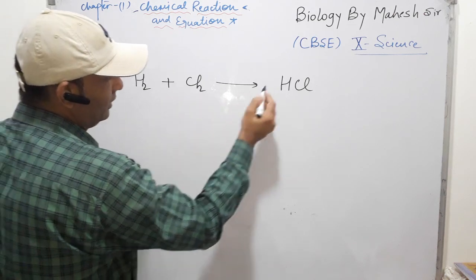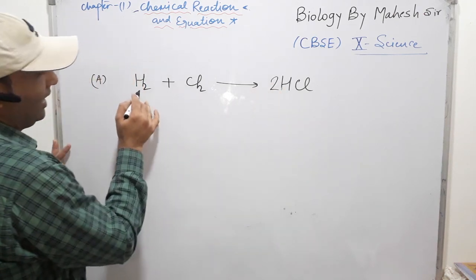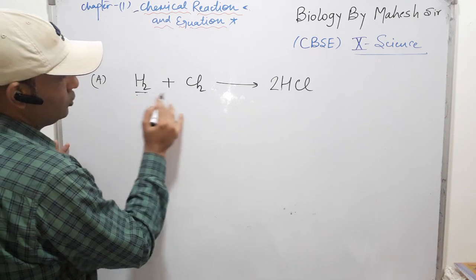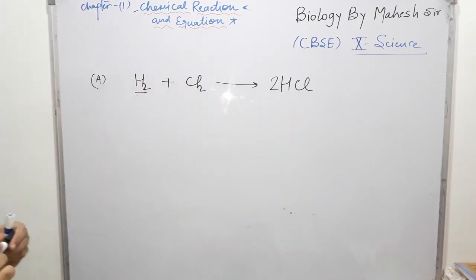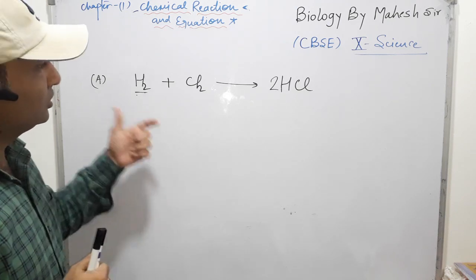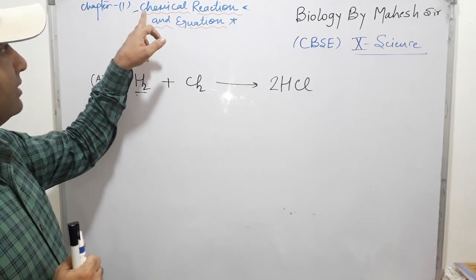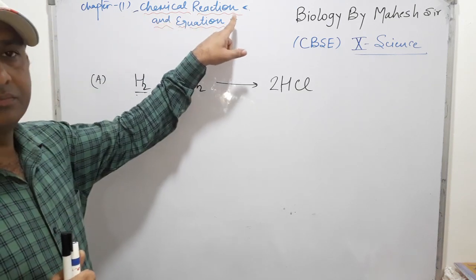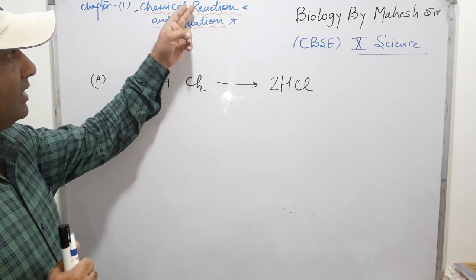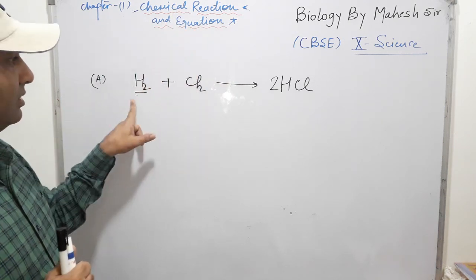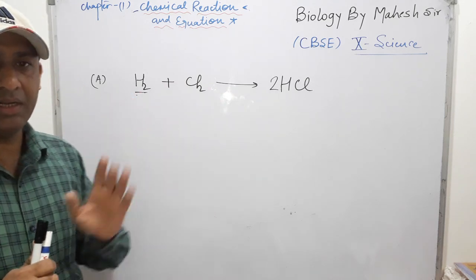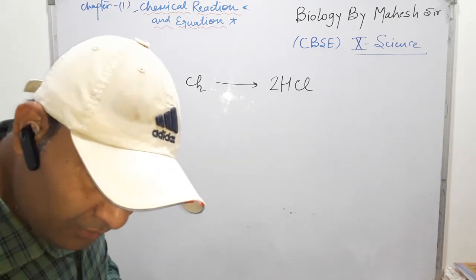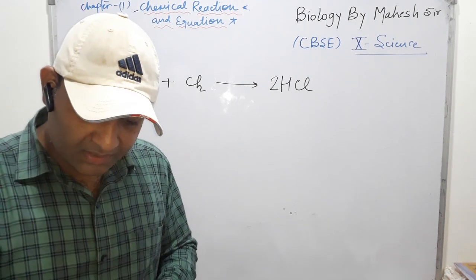So here there are 2 chlorine, so we write 2, and it is already H2. So H2 plus Cl2 produces 2 HCl. So it is in the balanced form. One thing to keep in mind: when a question comes, first write the chemical equation in words, then convert it into the chemical equation in symbolic form, and third, balance it. Clear? So these are the 2 questions on page number 6.